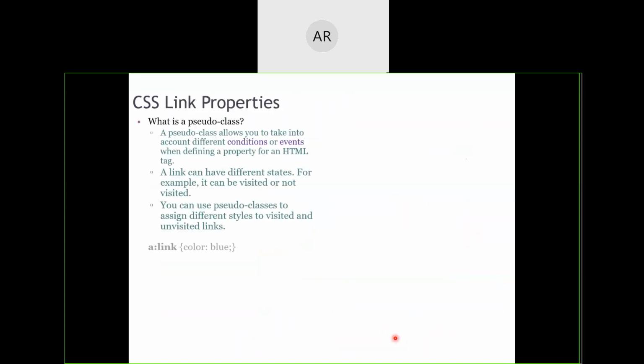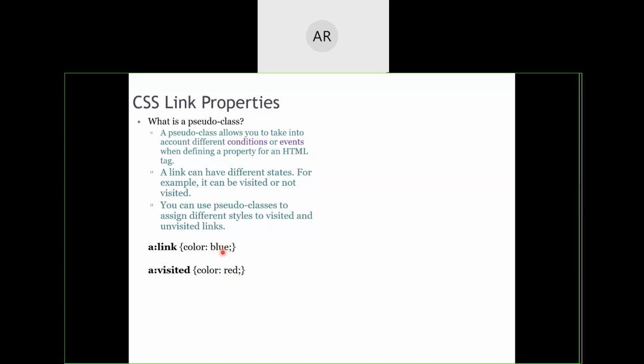For example, in the links, if the link is a visited link, then I want the color to change to red. But if the link is unvisited, a normal link, then the color should be blue, which is the default. But if I mention the color as black, it will become black. I can even interchange them.